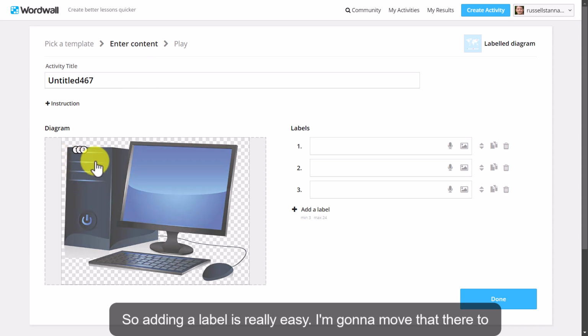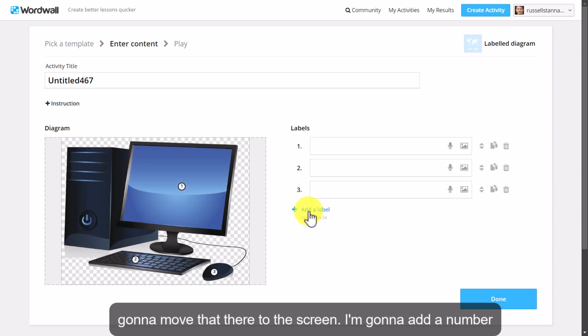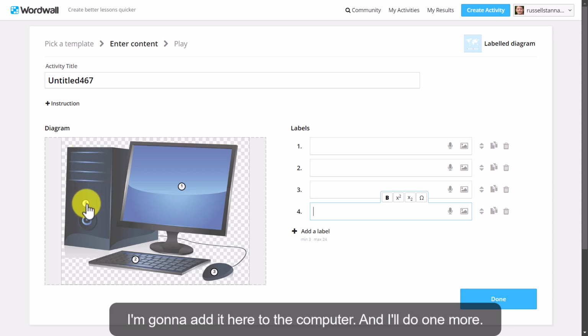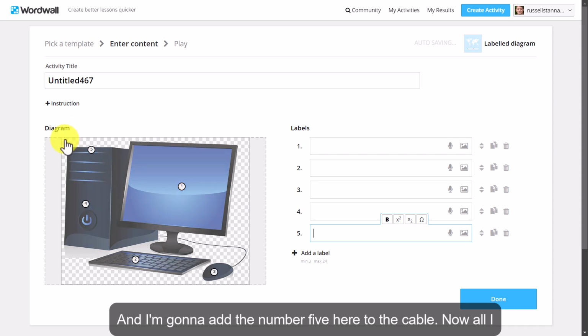So adding a label is really easy. I'm going to move that there to the mouse. I'm going to move that there to the keyboard. I'm going to move that there to the screen. I'm going to add another one, so I'm going to click on here, and then with number 4 I'm going to add it here to the computer, and I'll do one more, and I'm going to add the number 5